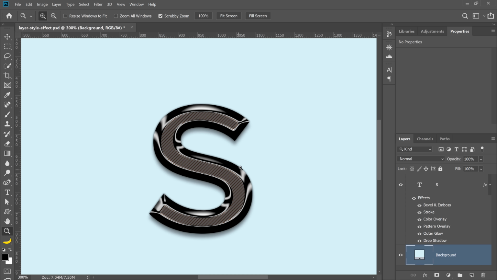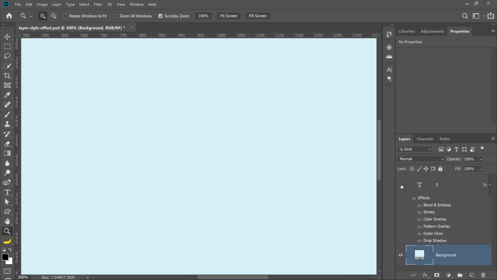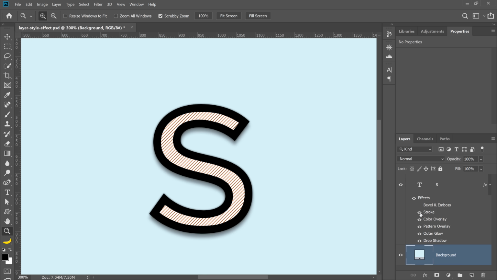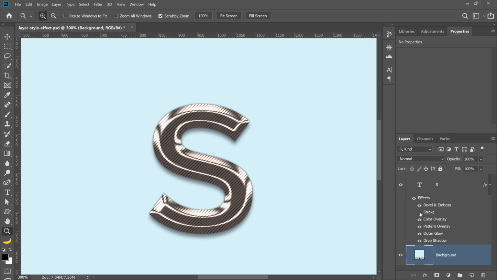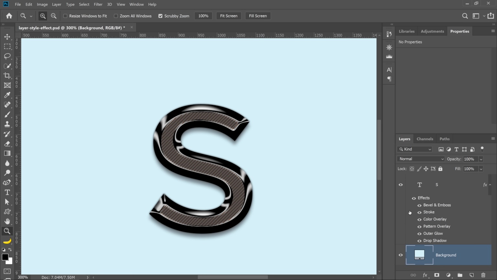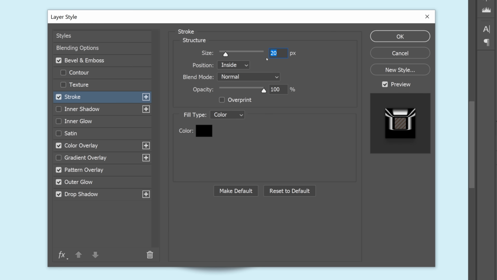So we're going to work with this document that contains two layers. We have a background and this text layer with several layer styles. The layer styles and their settings are not really important, but I am going to double click on the stroke so that you can see that we're working with a 20 pixel stroke, and that's going to help me explain